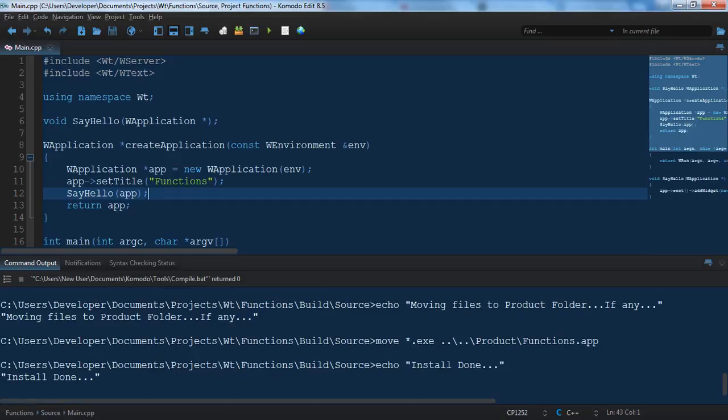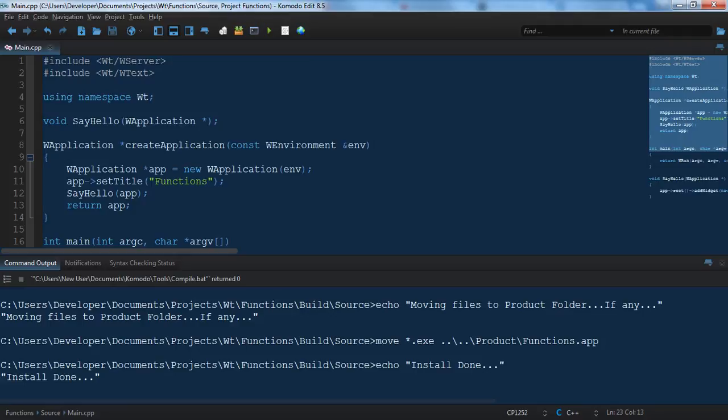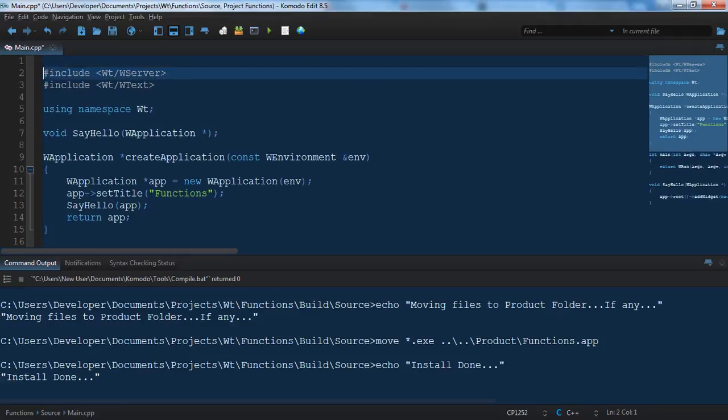We have an error here. I mentioned this in our previous tutorial that even though you can access the Witty container widget from the application root object, if you do not add that, and I'll show you the error, if you don't add that to the application, it will not compile. I just wanted to throw that in there